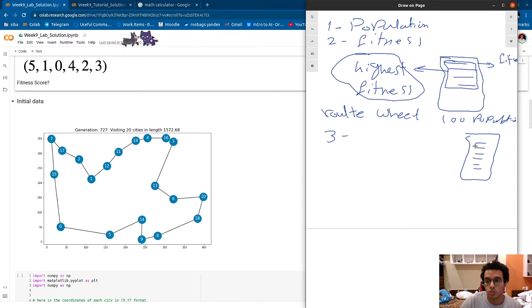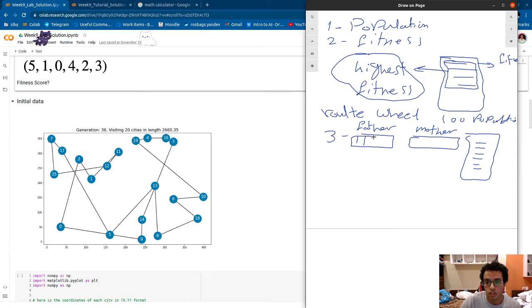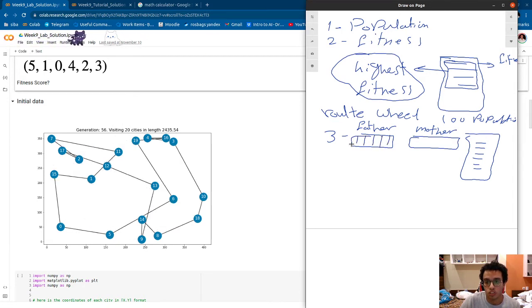We would take every two of them, for example here it would be the first, and here it would be the second solution. For the first solution we can call it father, and for the second solution we can call it mother. This solution is just an array of 20